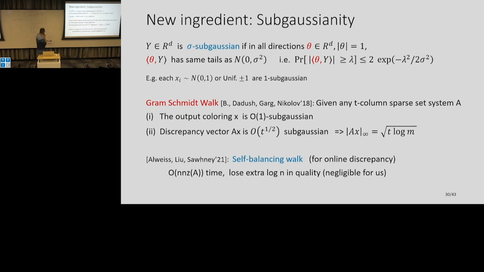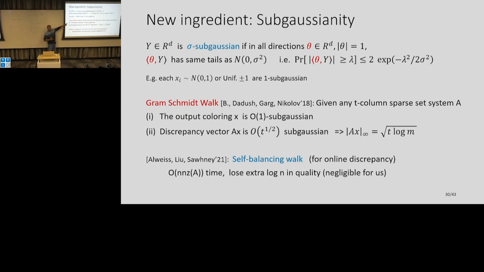Yeah. So think of it this way. It's guaranteeing you the following 2 things. I have some matrix A. In the regular discrepancy, I just want to find a vector x so that these entries are all small. This is my discrepancy. But here we are guaranteeing you not just that these entries are small, but 2 additional properties. First, your coloring looks like a random coloring.